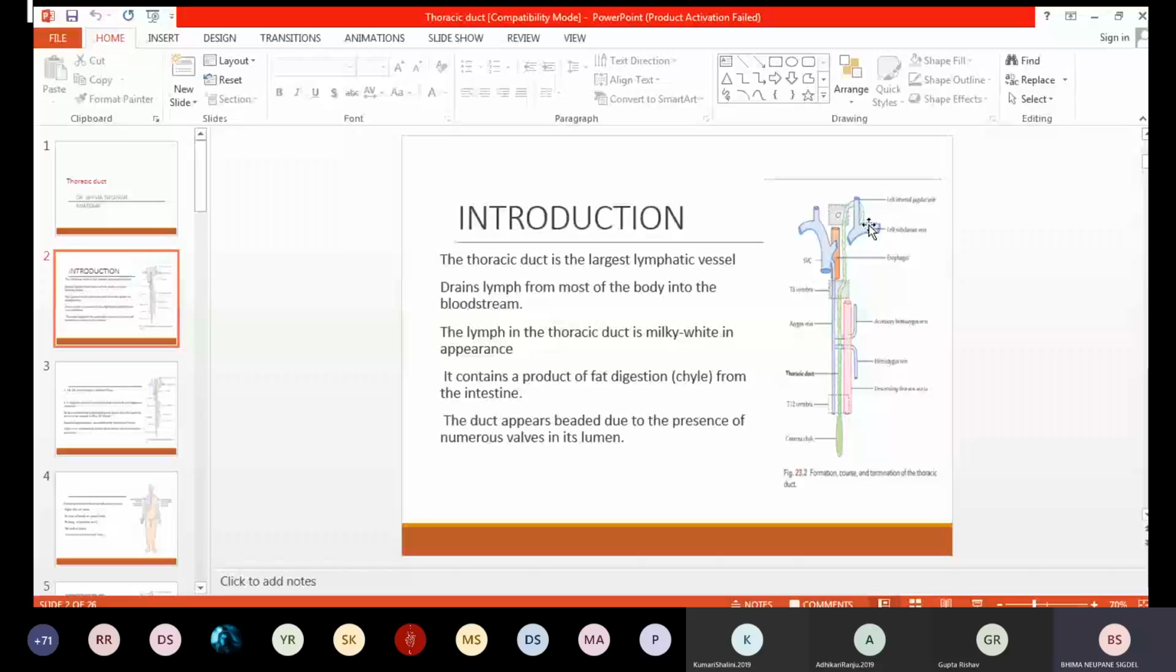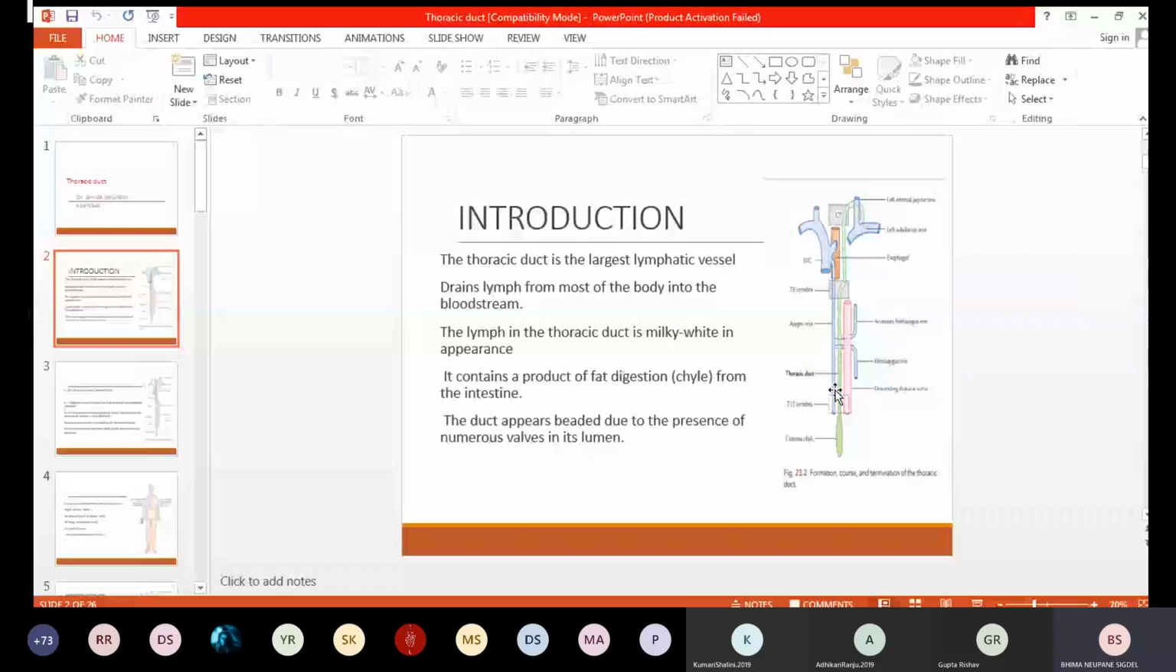It is white mainly because it contains fat, from digestion in the intestine, that is carried by the cisterna chyli. From the abdomen the lymph is carried by the cisterna chyli and enters into the thorax, continuing in the thorax as the thoracic duct. Just now I mentioned the beaded appearance you can see here. Later on, if you get time to see the cadaver, you can see the thoracic duct. The beaded appearance is mainly